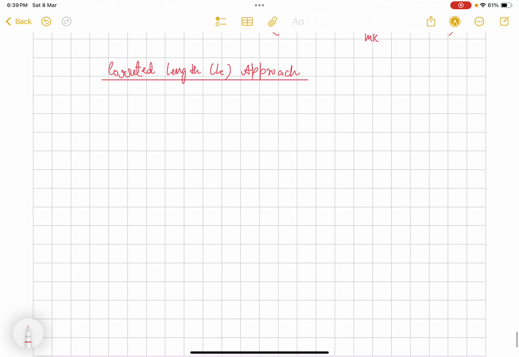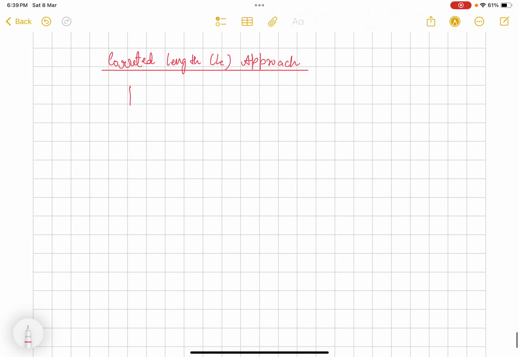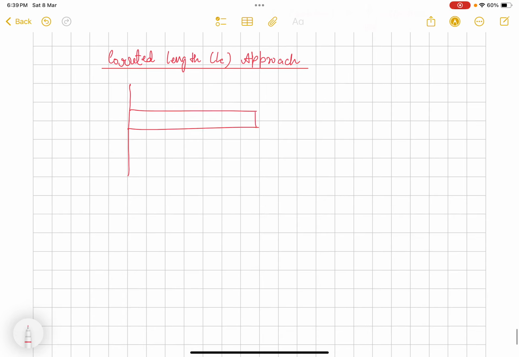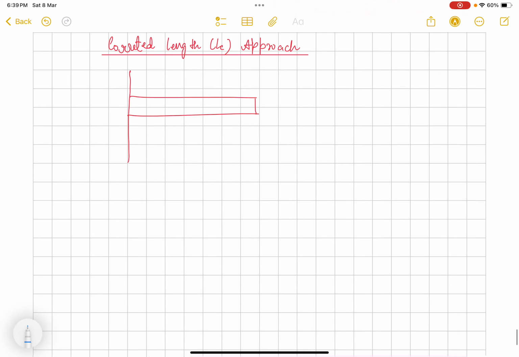In this method, what we are doing, the philosophy is that if this is the actual fin of length L, and we are considering the heat transfer from the lateral side as well as from the tip,